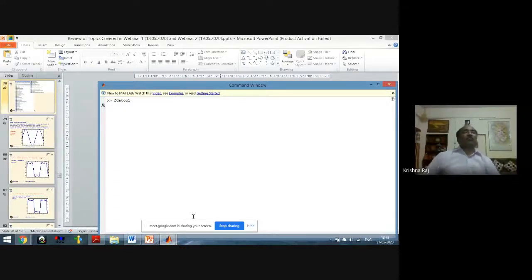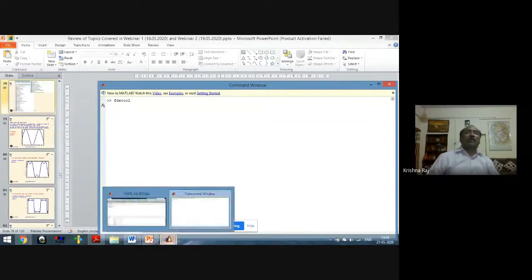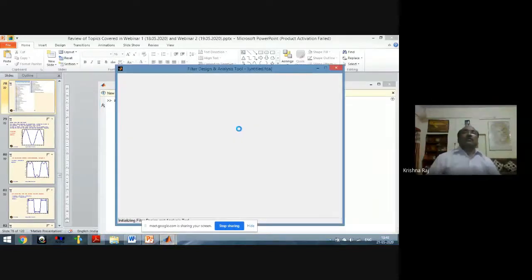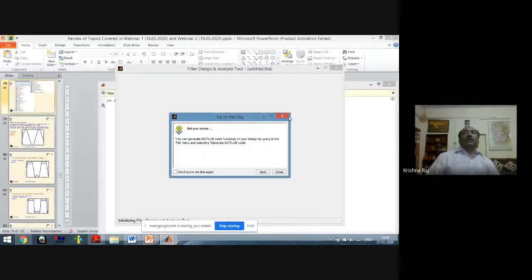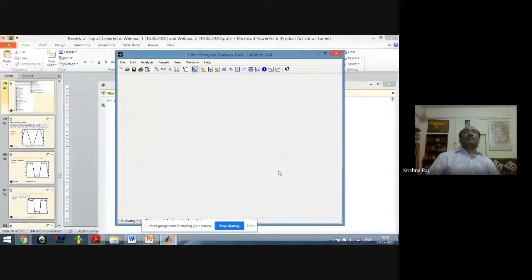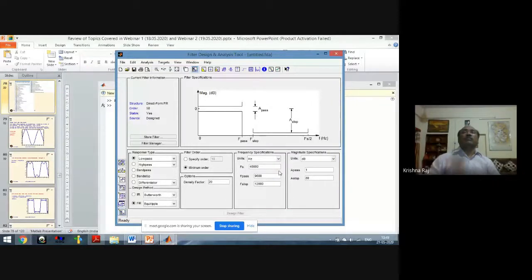The toolbox is opening. When a toolbox opens, it looks like a dialog box, and it requires some parameters. Means there will be some requirement from that toolbox, and we have to put those values in the toolbox. I'm just clicking this one, skipping this one, close. Now the toolbox will be opened. Similarly, the toolbox of your field will be open.